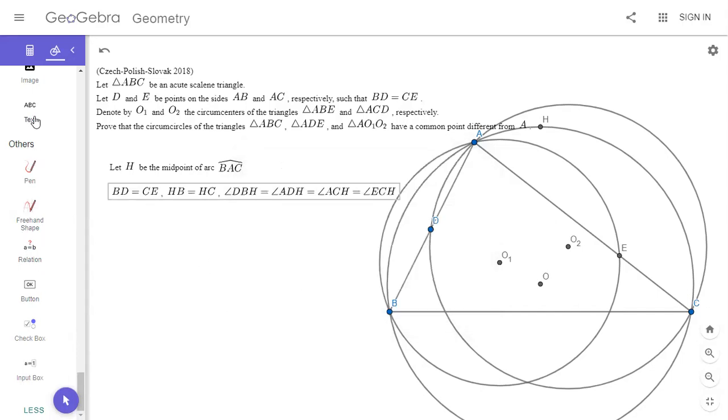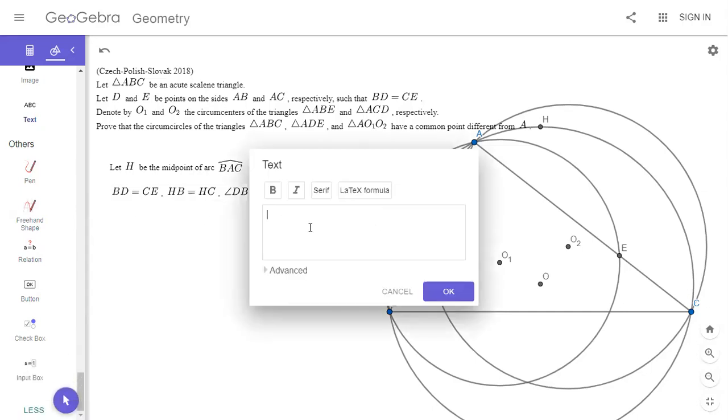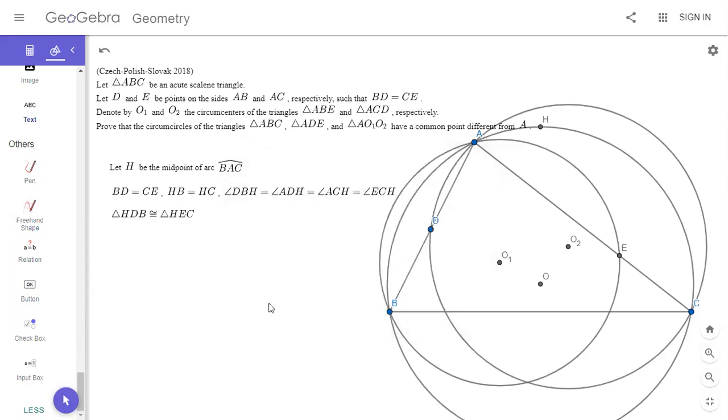So triangle HDB is congruent to triangle HEC. So that means that HD is equal to HE. I mean, yeah, by spiral similarities, where